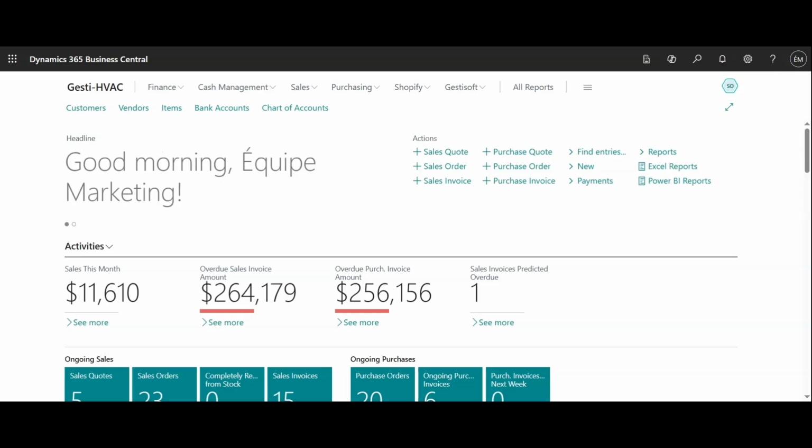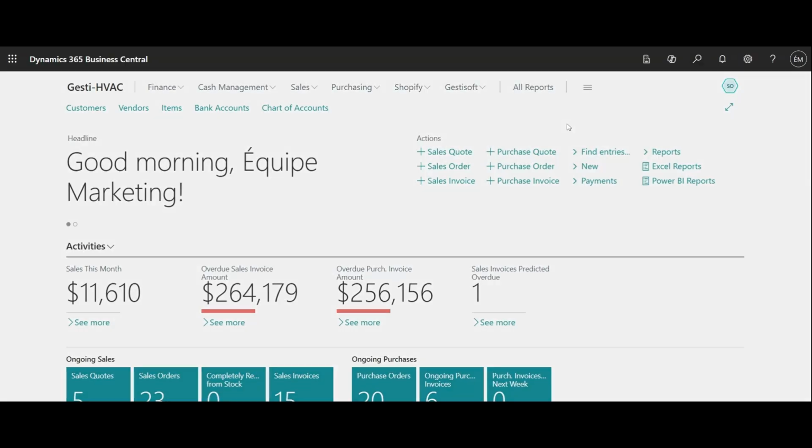Okay, so today we're going to look at three ways that we are going to process the payments that we are receiving from our customers. So first, let's say you've received checks from a lot of your customers or one customer in particular. The way that you're going to input it in Business Central is to search for